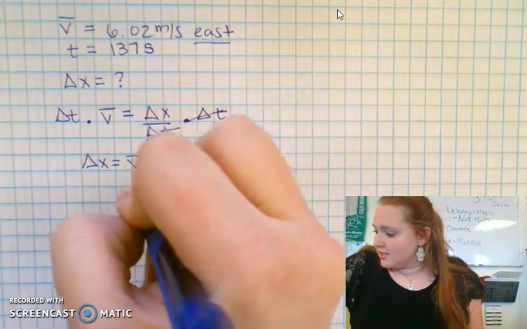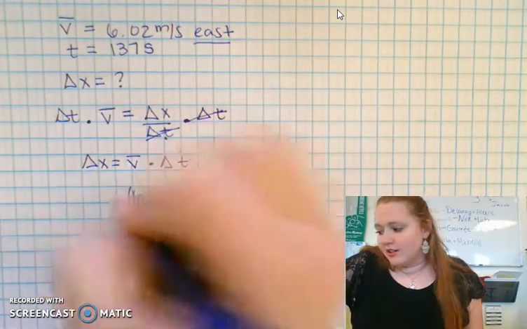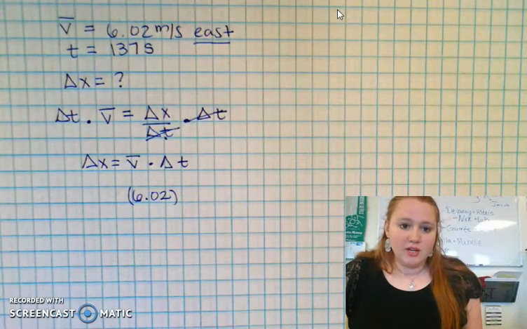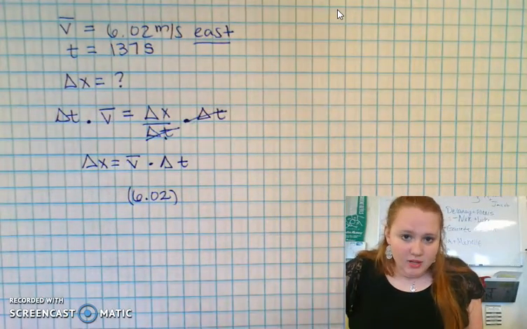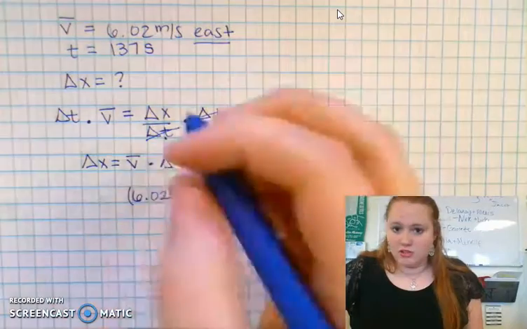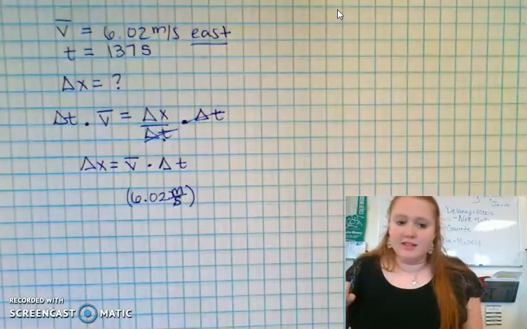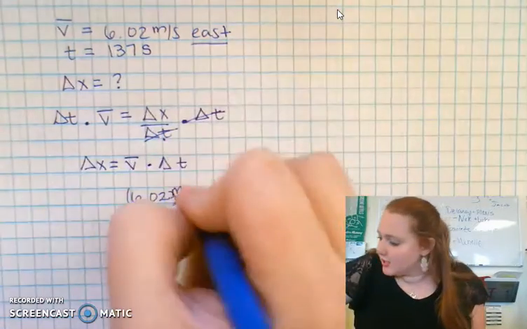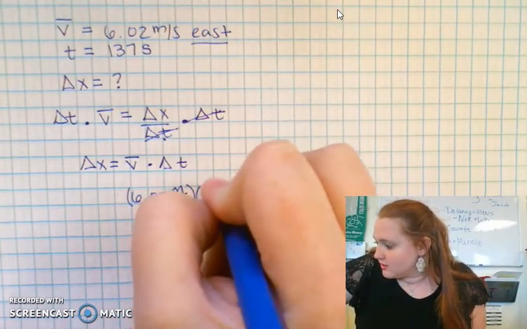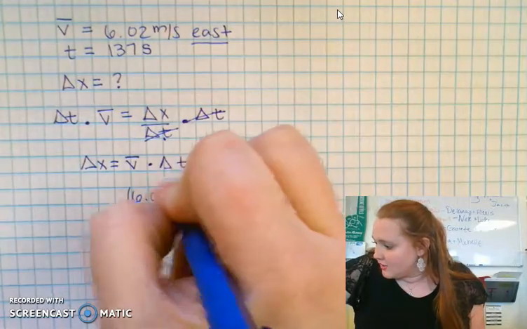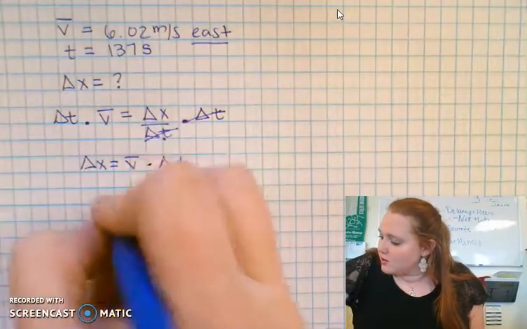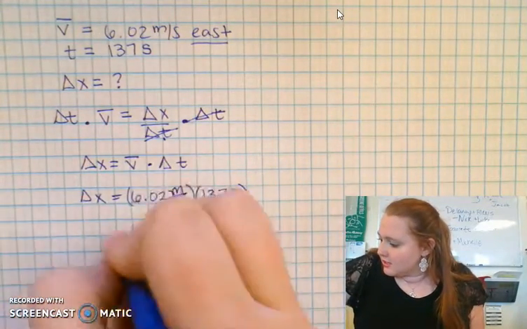My average velocity, 6.02. Now in our calculations, we can't show direction, so we just have to look at that in the end. So 6.02 meters per second times 137 seconds. Our seconds cancel. So delta x equals